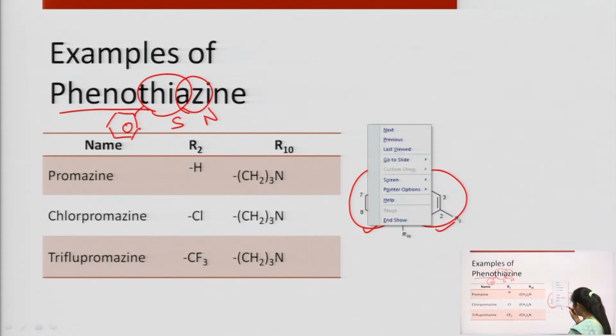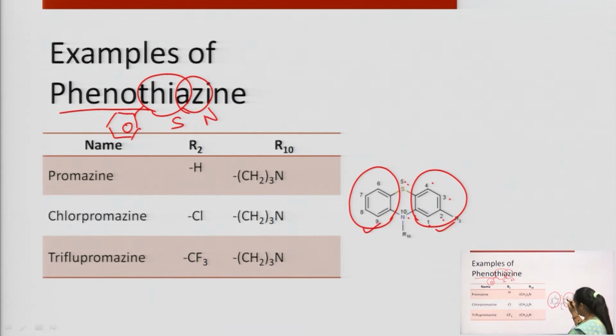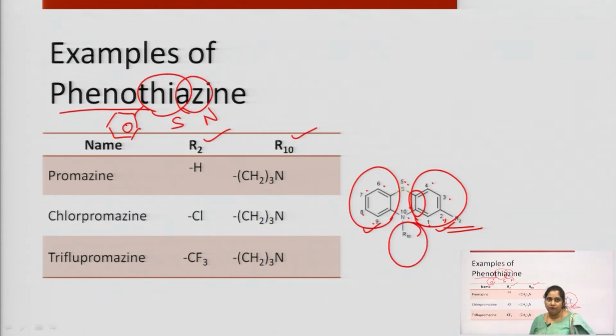When we start numbering from here, 1, 2, 3, 4, then 5, 6, 7, 8, 9 and 10. Like in the last lecture I told you, when we number a fused system, we do not number at the fusion positions. The 10th position is for nitrogen. The second position is for the substituent, and at position 10 the nitrogen is being substituted. In the case of phenothiazine, the first example is promazine, in which this carbon atom is unsubstituted and this nitrogen atom is substituted with